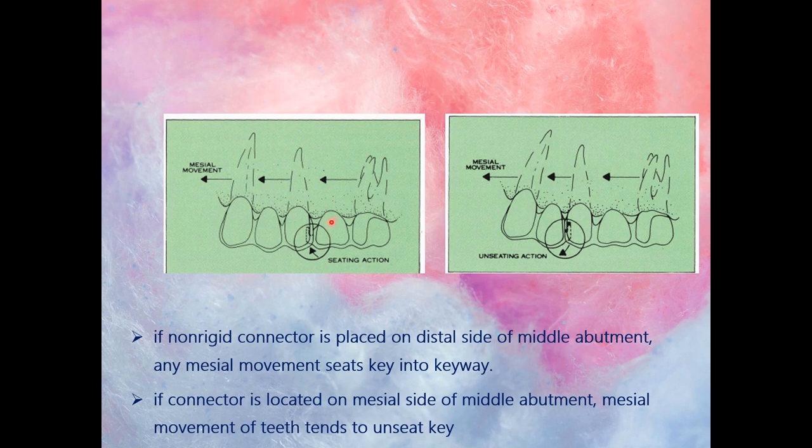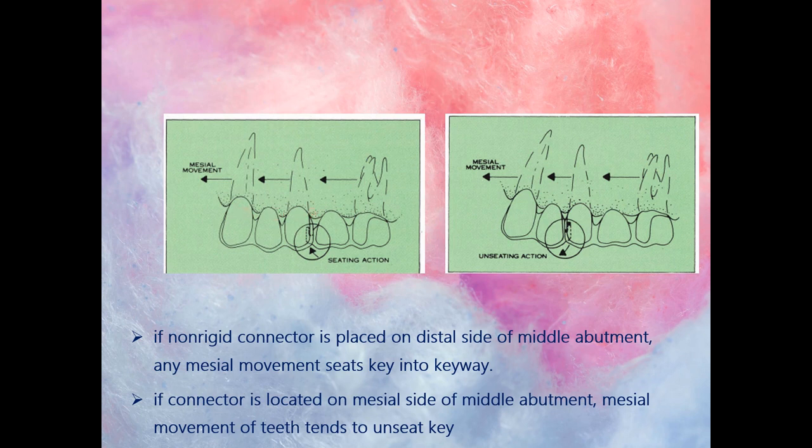So here it is on the mesial aspect of the first molar pontic. Now the reason for this placement is that posterior teeth have a slight mesial inclination and are shown to move more in a mesial direction on the application of occlusal forces. So when there is occlusal force, the posterior teeth tend to move mesially, and placing the keyway on the distal